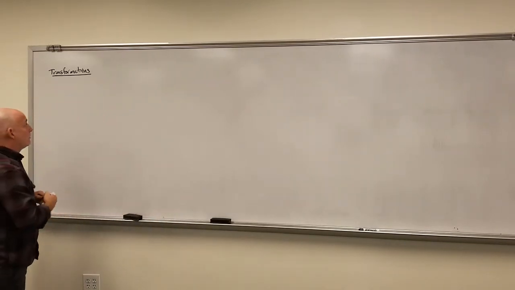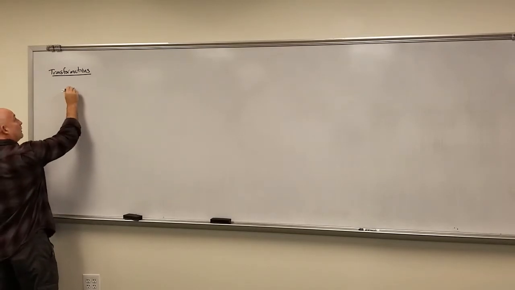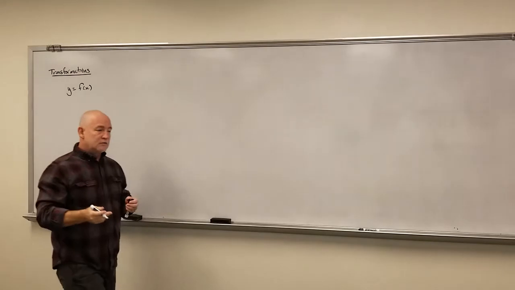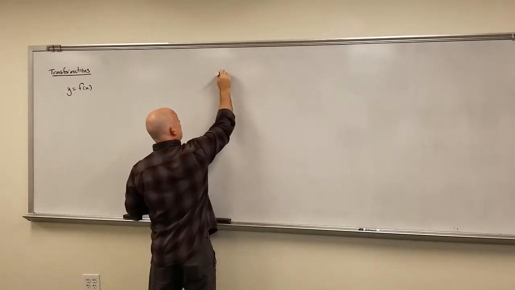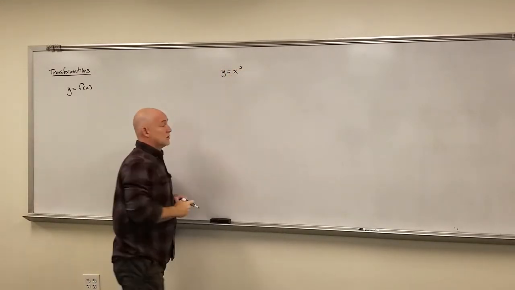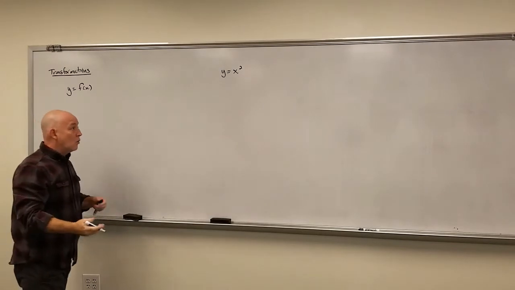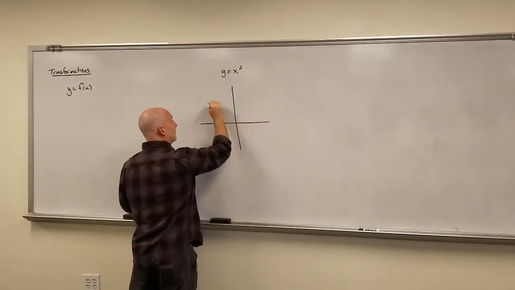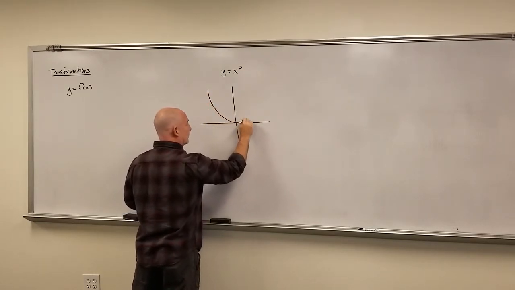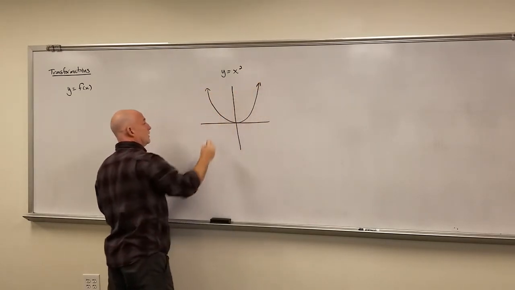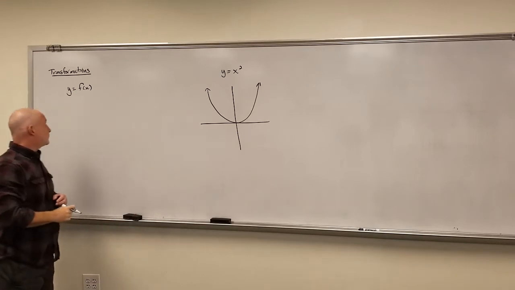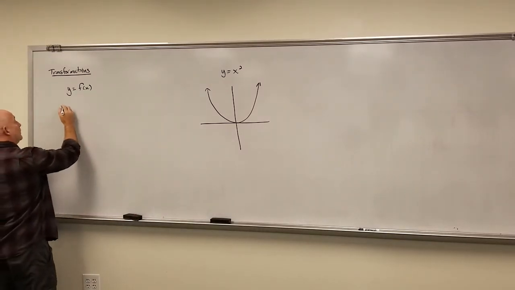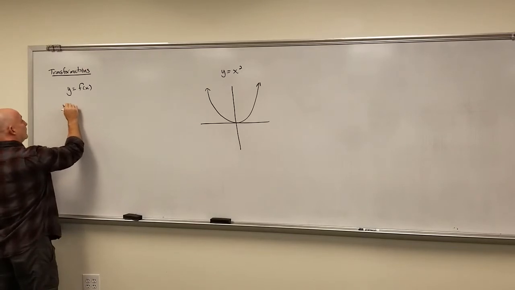So let's start out with a basic idea. Remember, all our y values are some function of x. For most of these, generically speaking, I'm going to let our function of x just be x squared because we know what that looks like. That's one of our most common graphs. That's just a parabola with the vertex, or the bottom piece, right there at the origin. Okay. The first type of transformation is called